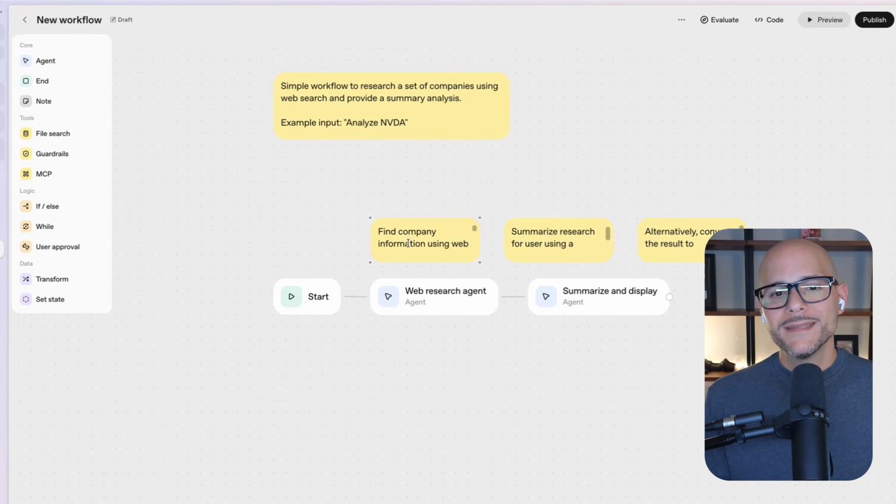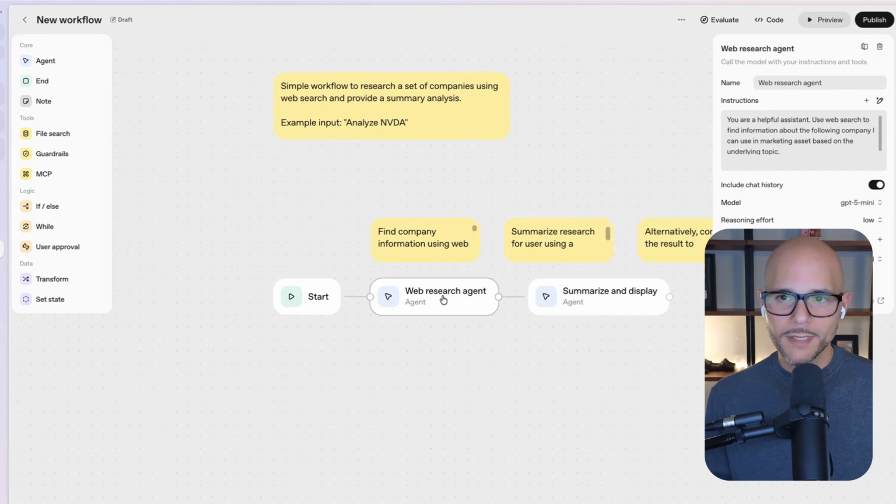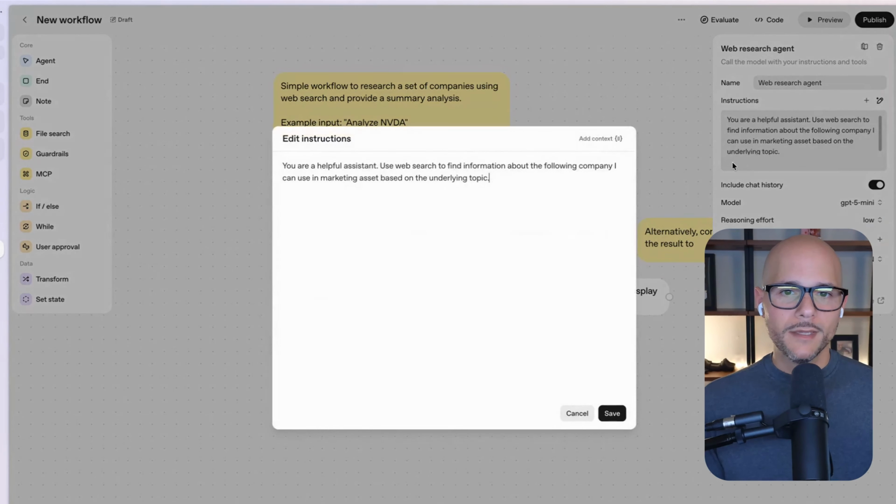In this case, I wanted to find company information using the web. So what do we have? A web research agent. If I click on the web research agent, you're going to see this small pop-up on the right that shows you, okay, we've got a web research agent, and here are the instructions to this agent. Now, if I click expand to expand this prompt, this is going to show me what this agent's going to